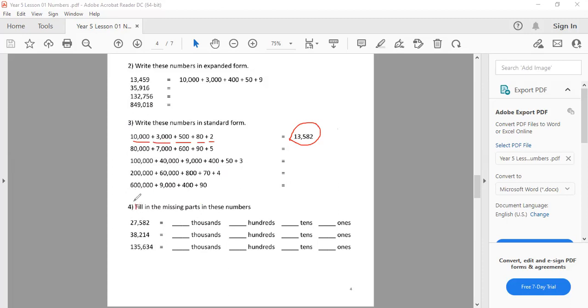And number 4, fill in the missing parts. For example, how many thousands, how many hundreds, how many tens, how many ones. Pay attention here. They never said 10,000s here. Can you see? No 10,000s here. So the ones is 2. The tens is the 8. The hundreds is the 5. So how many thousands here? It's